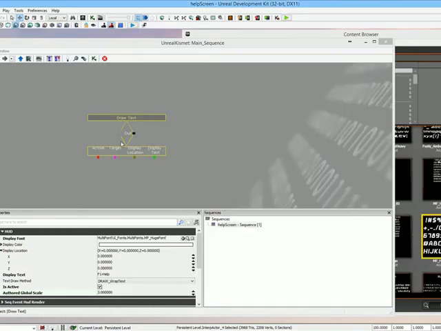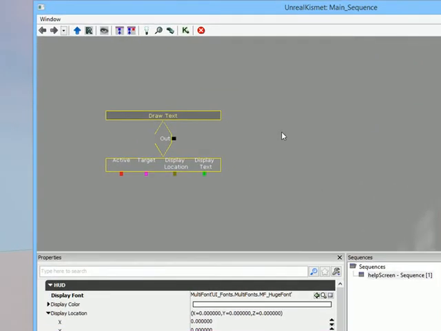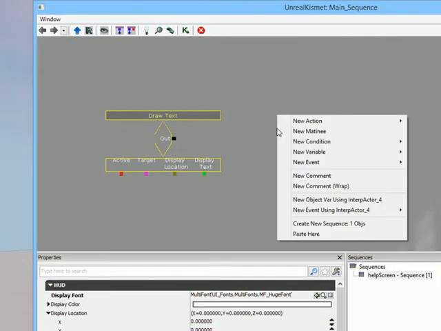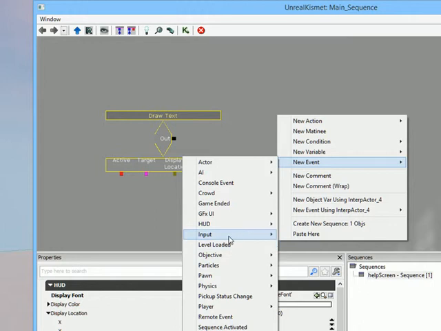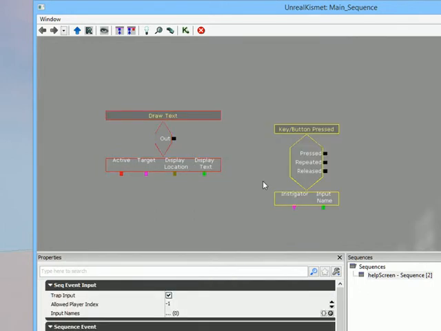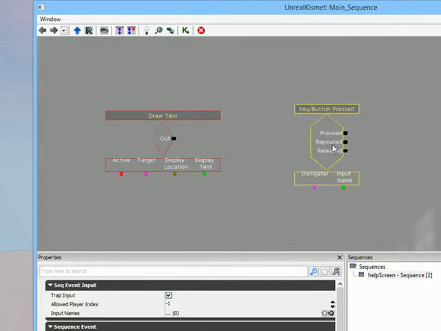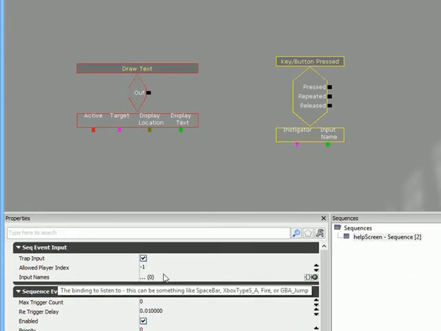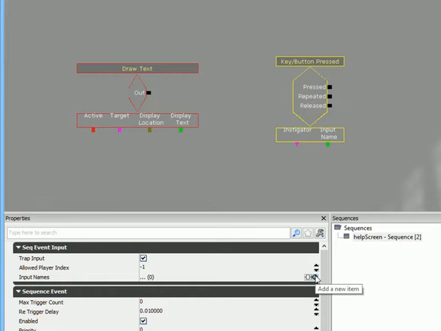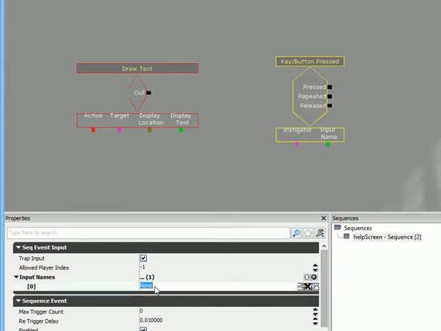So that's the first part of it, and the second part of it is we need to press a key. So we need an event which is going to be some input, key button pressed. So we're going to do that. What key button are we looking to press? Well, this is where input names. We press the green button to add a new item, and we're actually looking for F1. So we just type that in. So that says when we press F1,